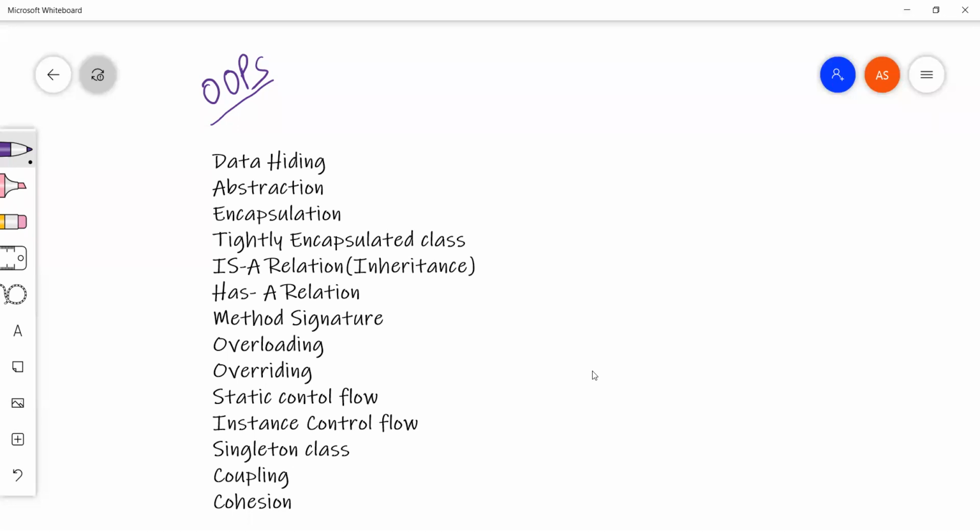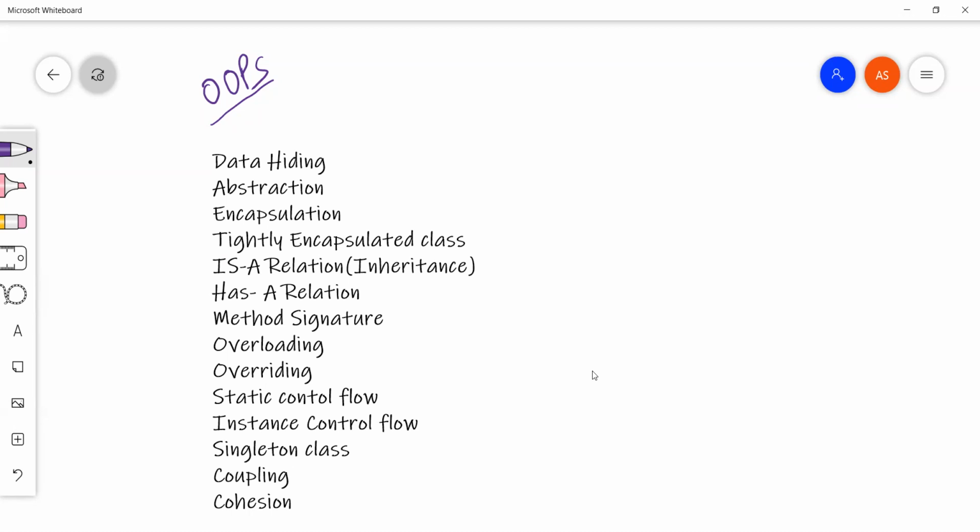Okay. So if we talk about OOPS, there are certain features. When we say a programming language supports object-oriented programming, what are the different features that it covers?